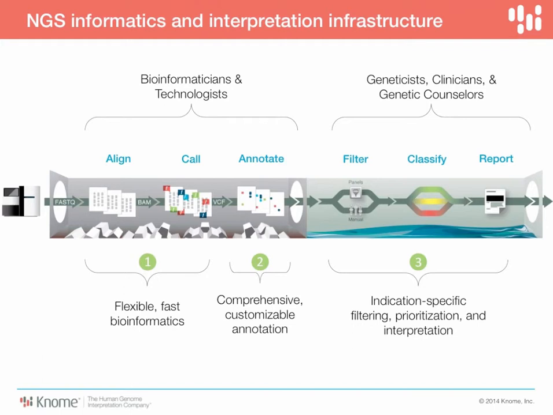The upstream piece is really the realm of bioinformaticians and technologists, and the downstream piece is really in the area of expertise for geneticists and clinicians and, of course, genetic counselors. In addition, obviously we need to provide fast and flexible bioinformatics. We need to really have a good set of reference data that's comprehensive for the annotation stage, and there need to be tools that provide filtering and other prioritization, things related to the disease that help you do the interpretation. So this is what we have as our informatics pipeline. So I'm going to return now to answering the questions, and then we'll come back again to some more GNOME-specific details in a little bit.